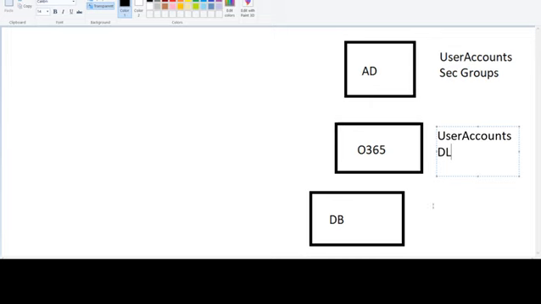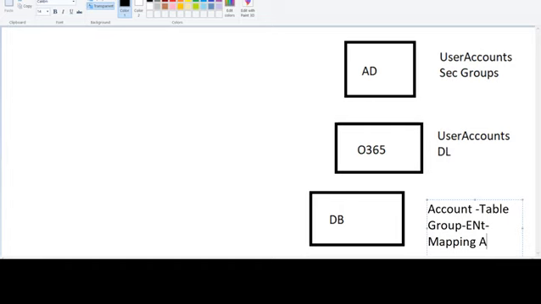Like in a database, you can have account data in one table, group data or entitlement data in another table, and one more table which can have a mapping of account with group. So there are different applications.